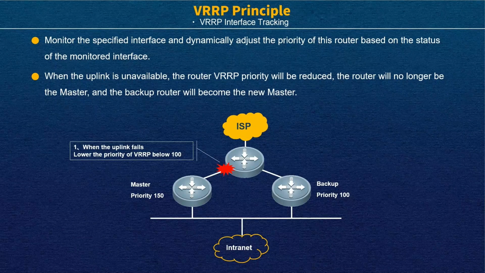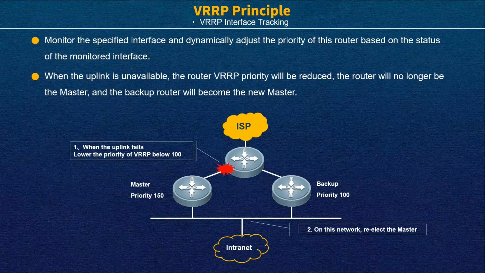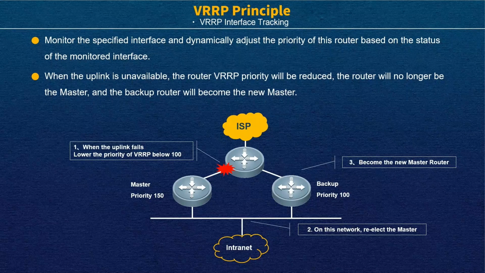So in this scenario, we hope that the master can directly let the backup router know you should be the new master, because now if I want to forward a message out, I don't have the correct route. So in this scenario, you can add the check monitor. For example, if this link is broken, I can directly reduce the priority, for example, reduce the left priority to 90. The priority value is lower than 100, so the right one will become the new master router and then forward the message out. So this is the function of the check.